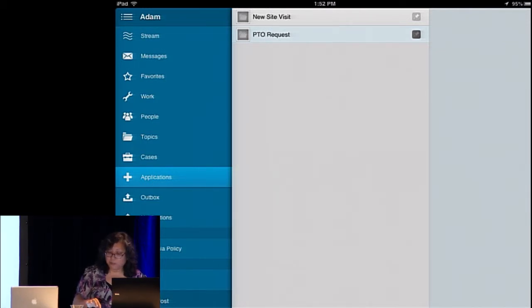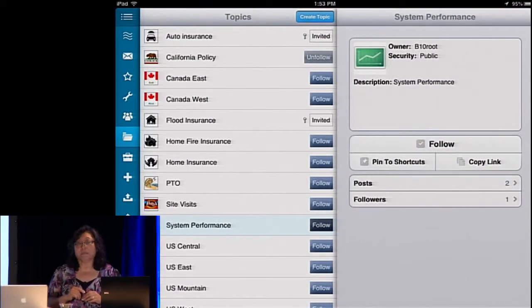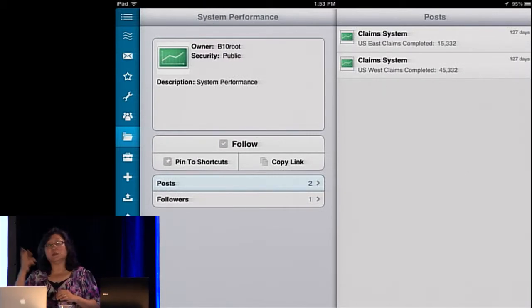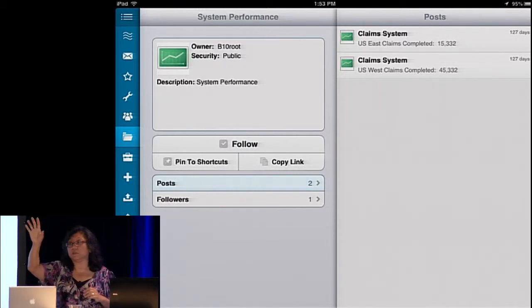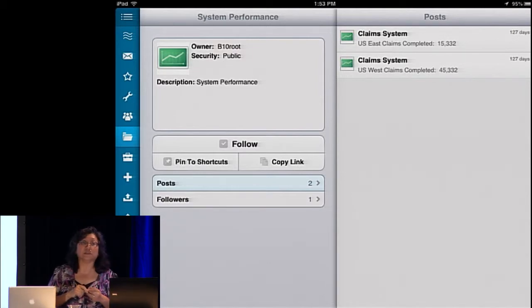So another place where we think it can be interesting as well is when you're dealing with something like instrumentation of a process. In this particular case, what I've got is a back-end system that is looking at the performance of our claims management system.